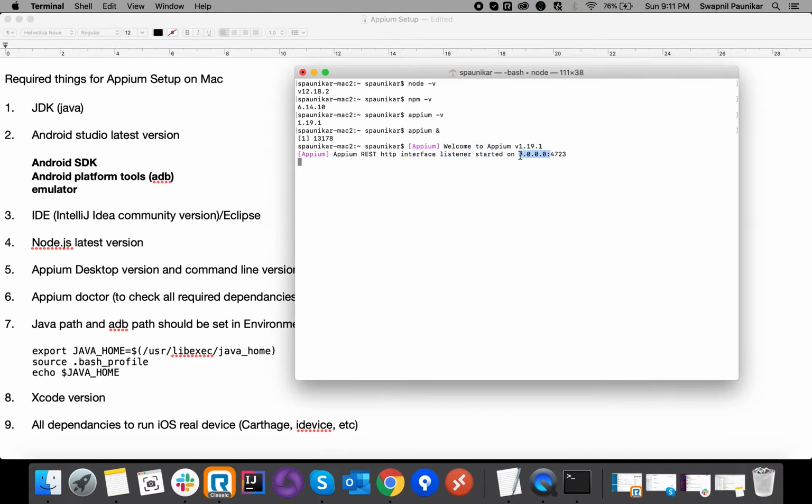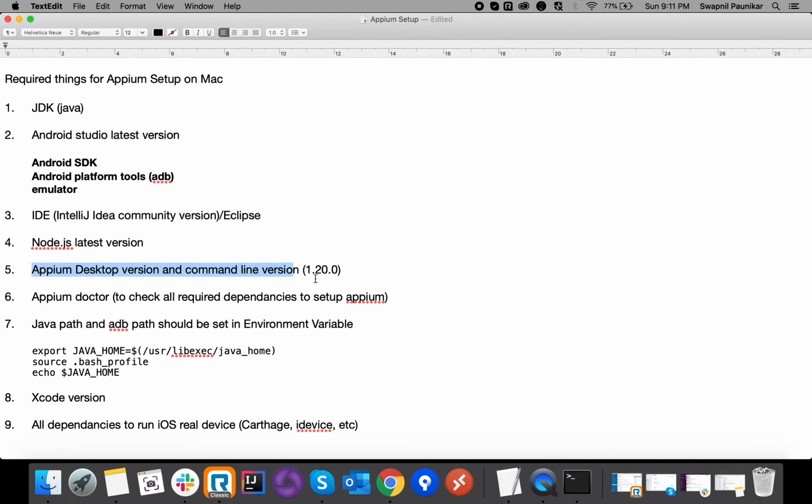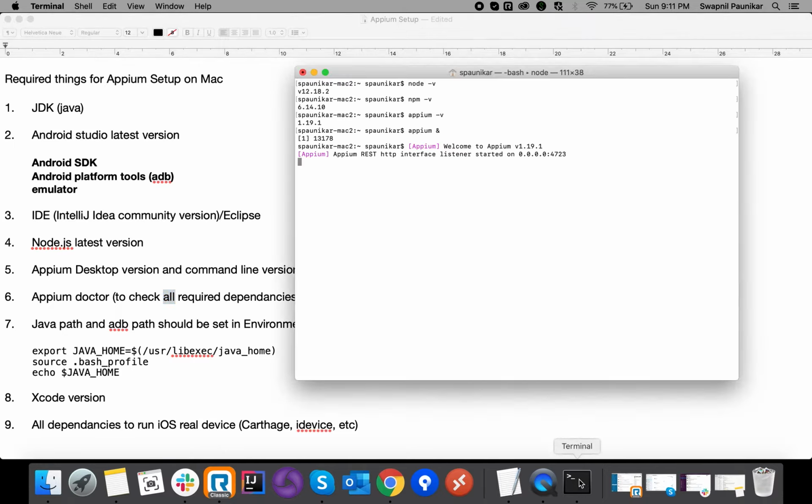Okay guys, once we are done with this, one more tool is there, guys: APM doctor. This is basically required in order to check all the checklist we have to do when we are doing the APM setup. I'll just cancel it.